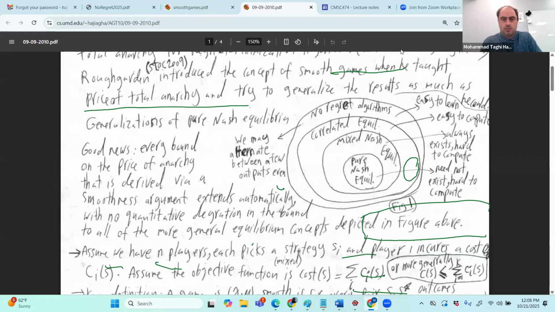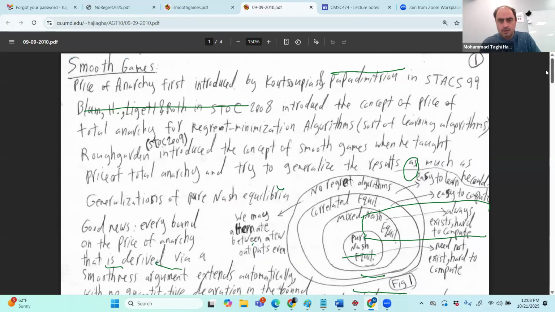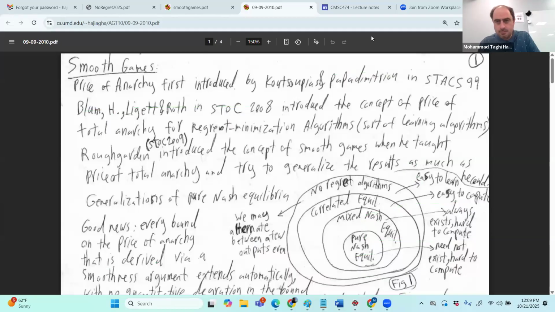Good. Next time we will talk more about these conditions and give some examples. This is the minimization case, where we try to minimize the total cost, but we will consider also maximization problems, where you try to maximize the payoff. There are some games like that, and for them we are still using this smoothness analysis. Good, I stop here. Any questions?